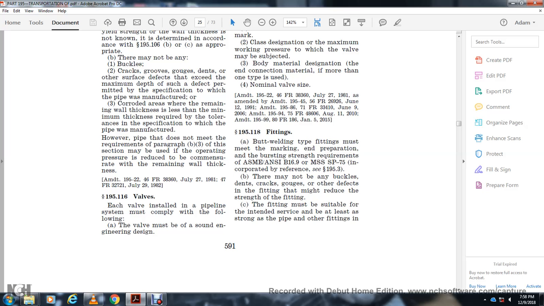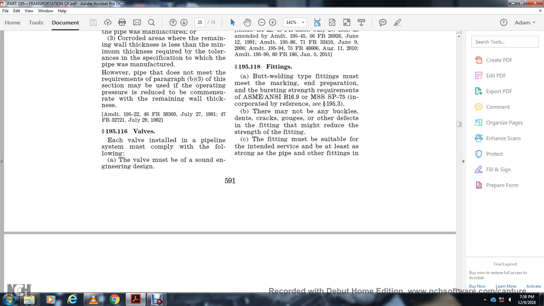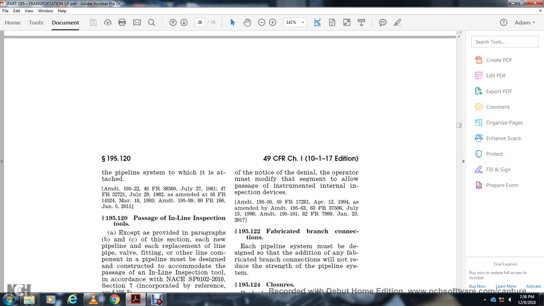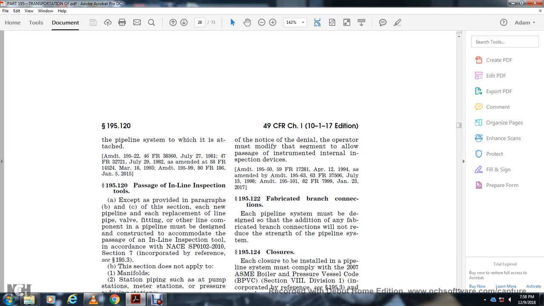The fitting must be suitable to the intent of the surface of the strength of the pipe with other fittings in the pipeline system to which it is attached. 195.120 Passage of internal inspection devices. Each new line pipe, each replacement line pipe, valve, fitting, or other line component of the pipeline must be designed, constructed and accommodated with the passage of an inline inspection tool according to the NACE SP0102-2010 section 7,